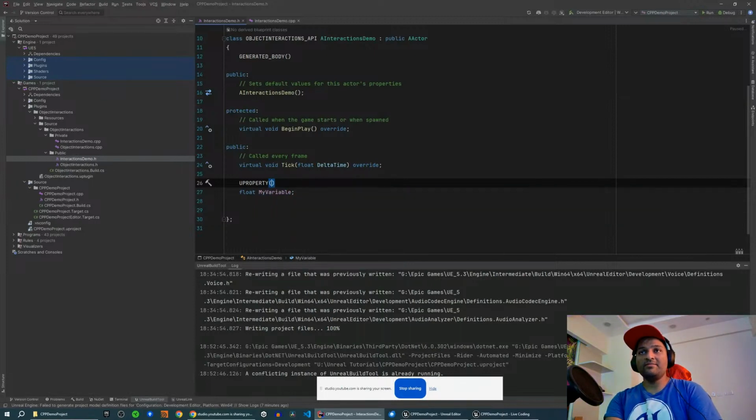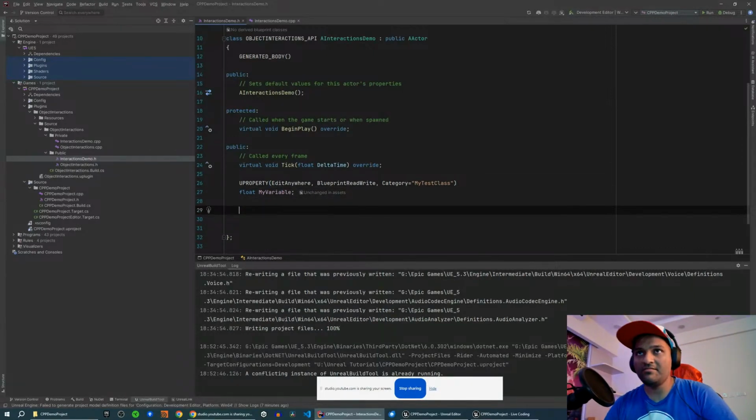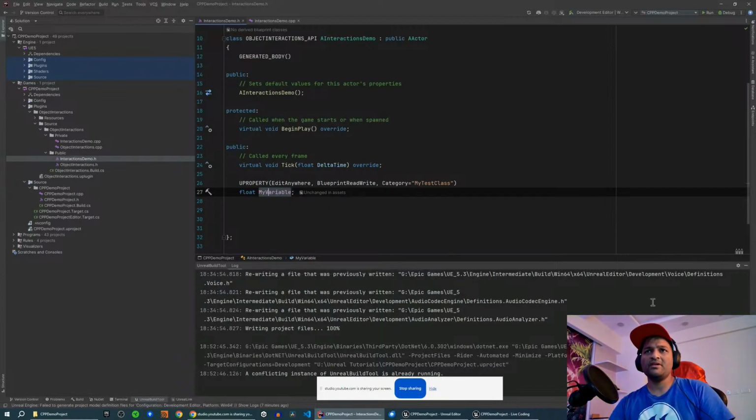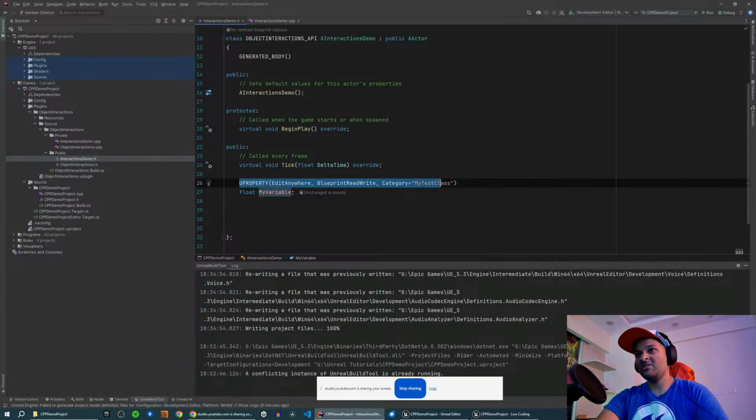Okay, so you can write something like EditAnywhere, BlueprintReadWrite, and then you can specify Category, MyTestClass. Okay, and this makes this variable available inside the editor also. Okay, and then you can change its value from the editor, and that value gets used in your class whenever you're building something. That value gets used over here. Okay,